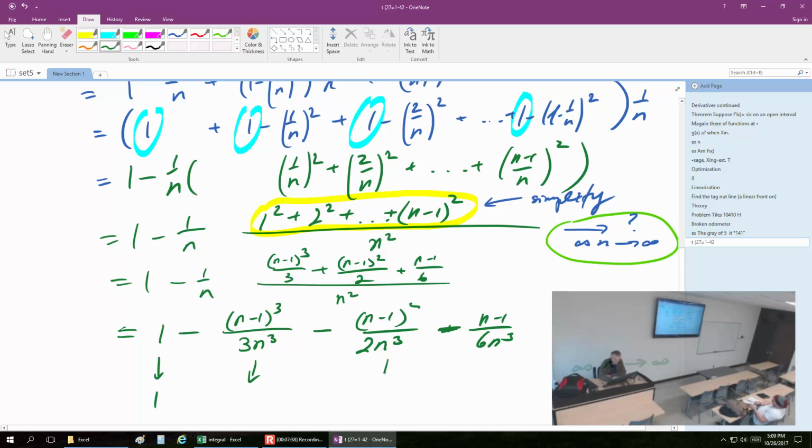Where do these go? So n goes to infinity. What are we looking at here? Wouldn't they go to 0? Would they go to 0? Some of them, not all of them. So look at the very last one. It goes to 0 because